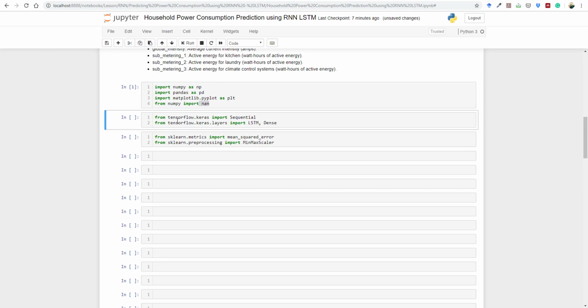And once it is done, we will also be needing a Sequential model, an LSTM layer and a Dense layer as well. Along with that, we would also need a Dropout layer. I don't think we need a dropout, so let's go ahead and work without dropout. And after this,